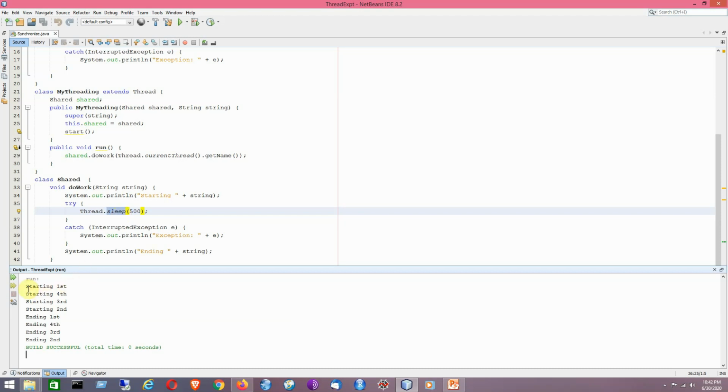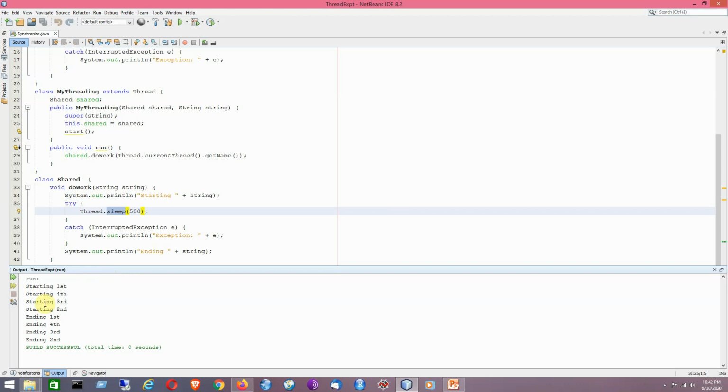So first it will show starting first, then starting fourth, like each of the threads is being started here, but it is not getting its chance to finish. That means there is no synchronization. Since we are not using any synchronization here, it is a non-synchronized multi-threaded application.